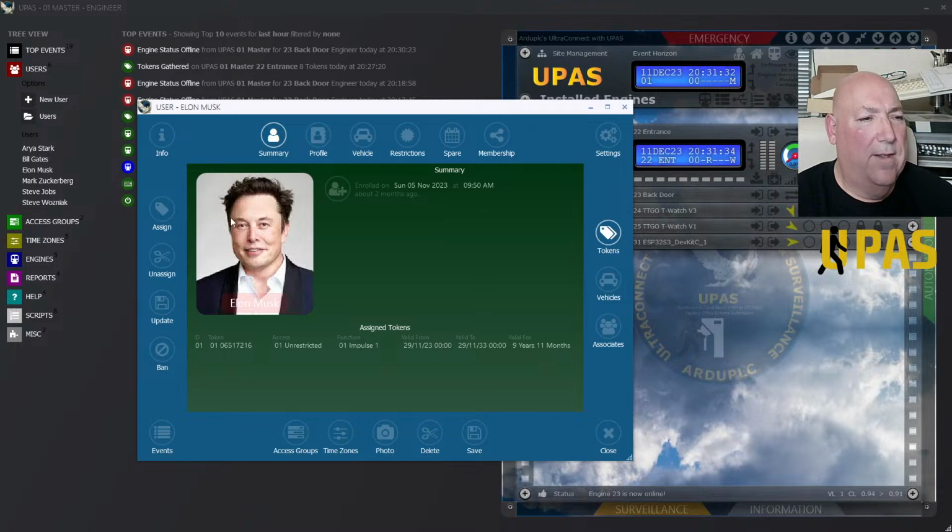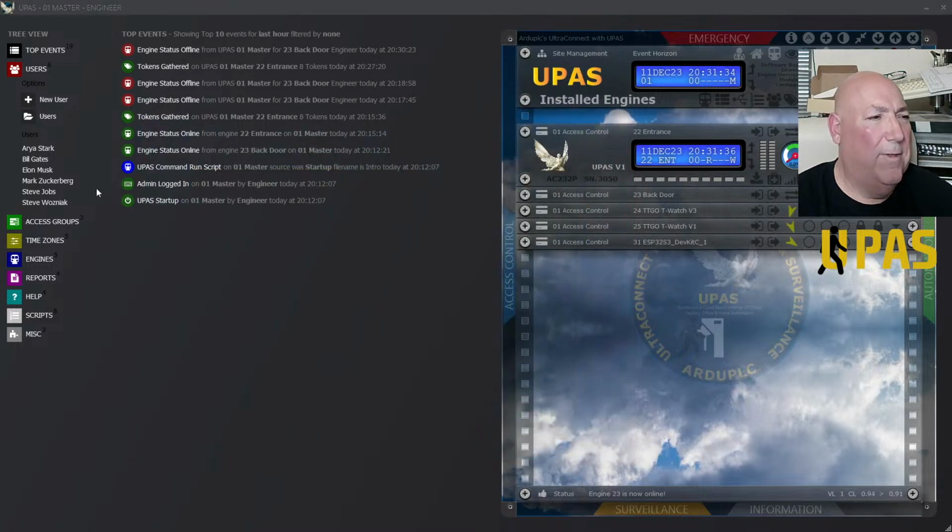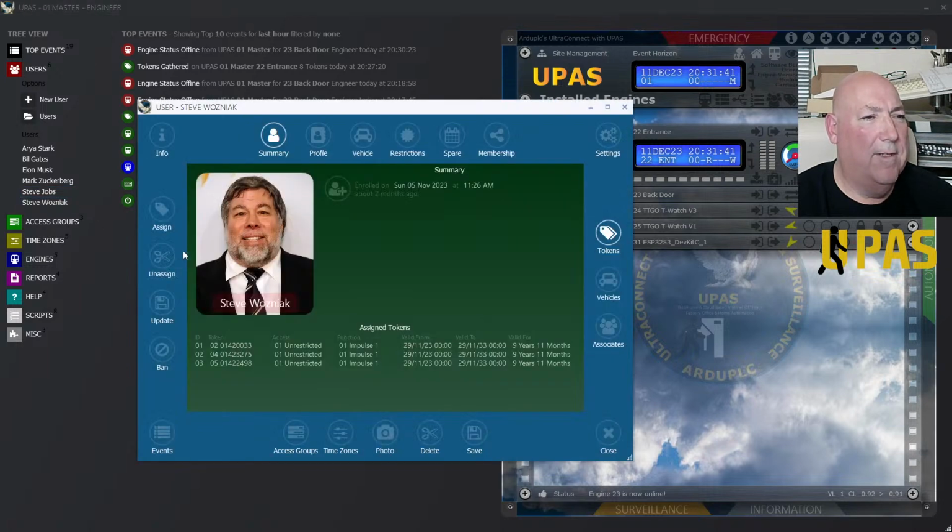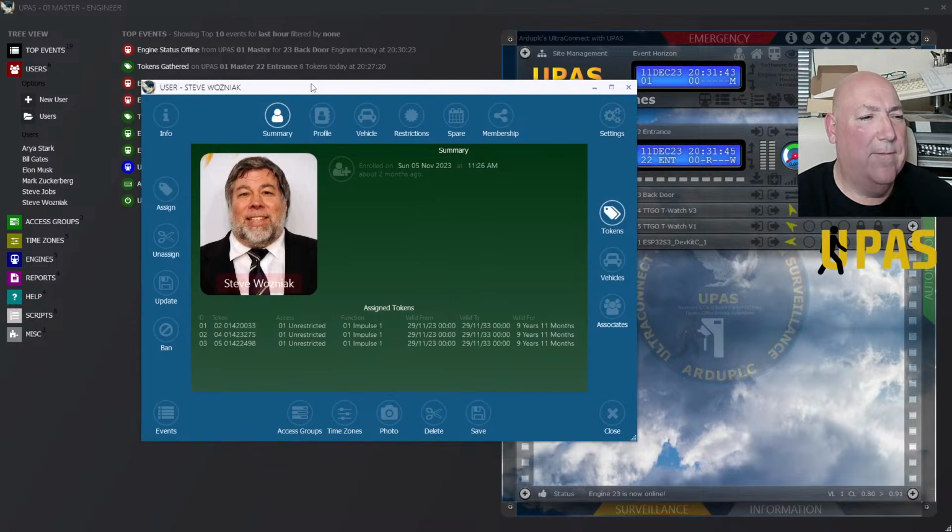Oh, we don't want to see him, do we? Who do you want to see? Steve Jobs. Go on then. No, we don't want to see him. This Wozniak. Go on. He's an engineer. Let's see Wozniak. So yeah, you can see his tokens. Token number means nothing, but it's just a token. That's the whole idea of the word token, isn't it? It represents something, but yeah, the number is not interesting at all.